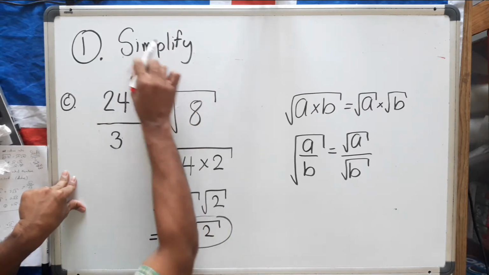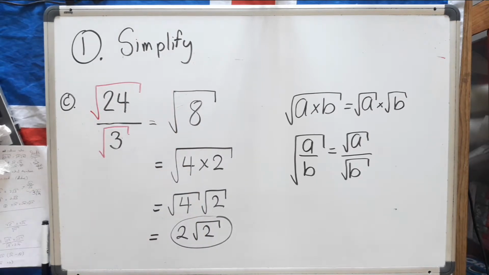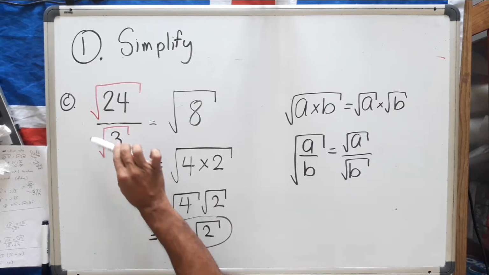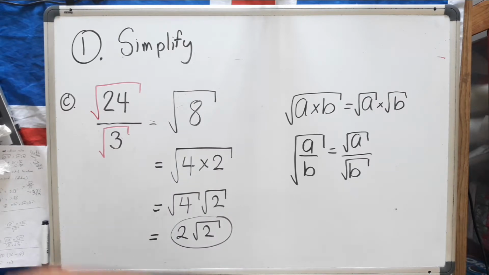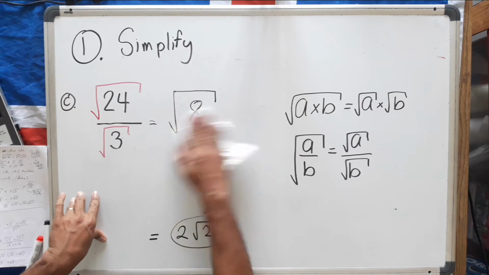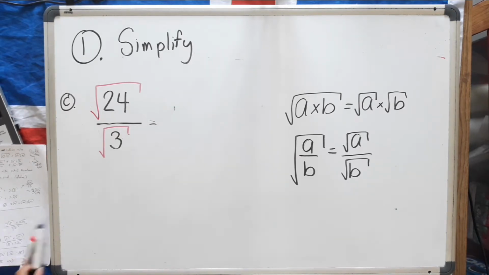Remember, this was the original question: the square root of 24 divided by the square root of 3. Let's say we do not apply this rule. Let's leave 24 with its own square root sign, and let's leave the 3 with its own square root sign, and let's see if we can get the same answer. 2 multiplied by the square root of 2. All right, so